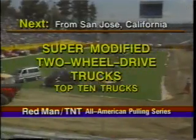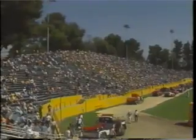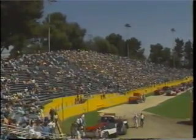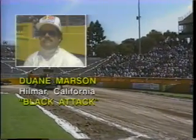Now we move into the super modified 2-wheel drive truck, and we've got 10 great competitors in this division. Basically, what is the difference in the super modifieds and the modified 4x4s, Army? The supercharged engines appear in these 2-wheel drive vehicles. Each of these